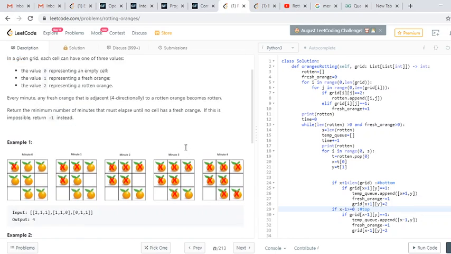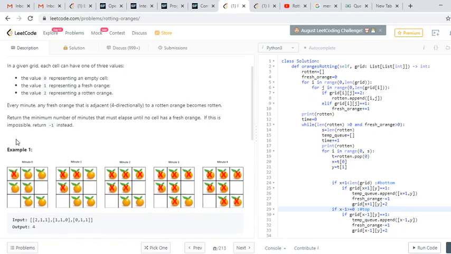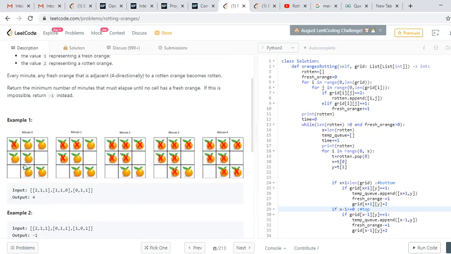The logic behind how to solve this problem: first of all, we have to traverse this grid, and while traversing, I'm thinking that we should first find the places which are rotten, which are represented by 2. Why am I doing that?